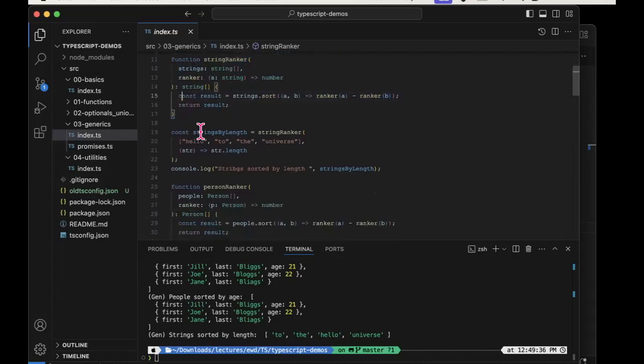Here I'm invoking the function. I'm passing it in an array, and I've decided I'm going to use the length of the strings to control my sorting. I could have used something else, like counting the number of vowels, maybe that determines the order of my strings, or some other criteria. But let's just keep it simple. I'm using length, and so I would expect, when I call my function here, that